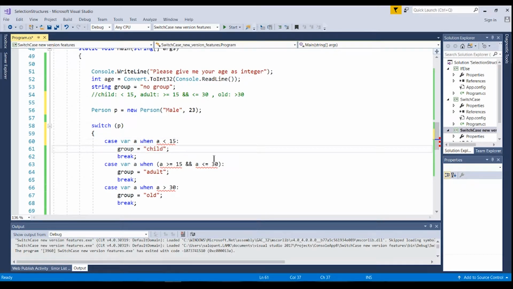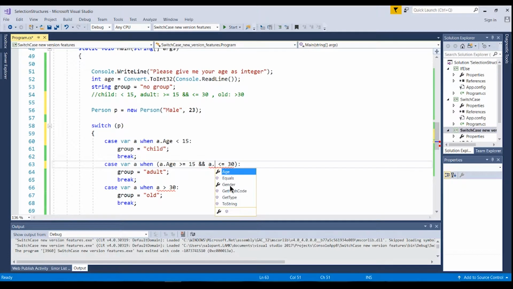So if I use the same limits here, in this case it's no longer an integer type, but it's now the person type, so then I can get access to the age parameter of this person here, and I can do the same here